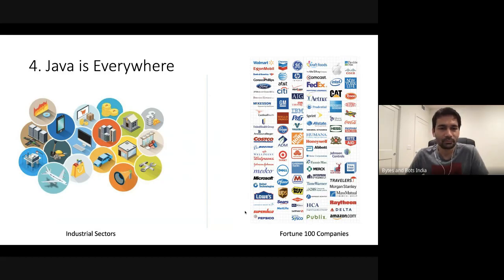Finance, research and development, they all use Java. So being a good Java programmer, you can land up in any one of these kinds of jobs, in one of these companies, and you can easily switch. If you feel like exploring the oil vertical, you can do that and come back to finance or some other sector you feel like. So it's very flexible.